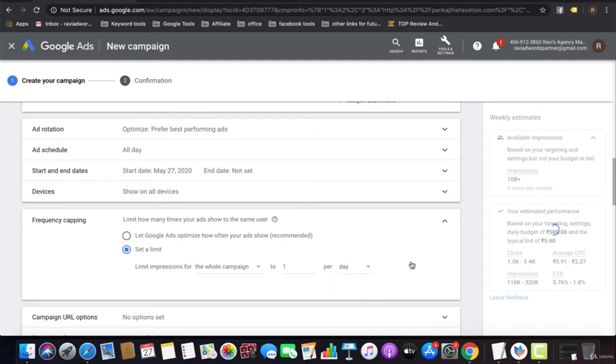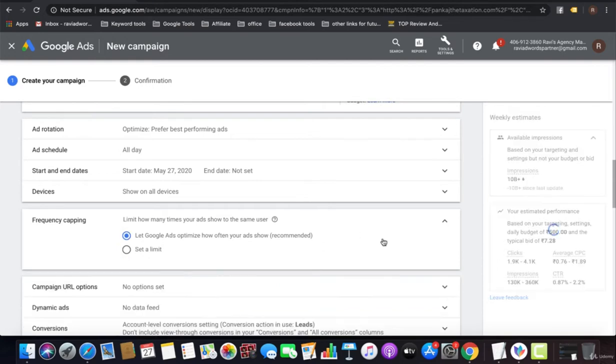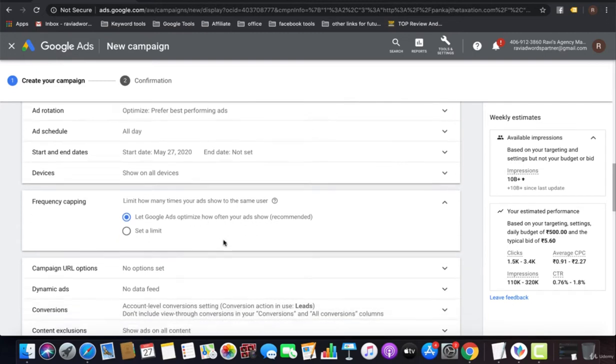With frequency setting of 1 per day, each person will see my ads only 1 time per day. I can select 10 times per day. For that, Google can optimize accordingly to the performing ads by itself. So I'm going to select Google optimize for best performing ads.